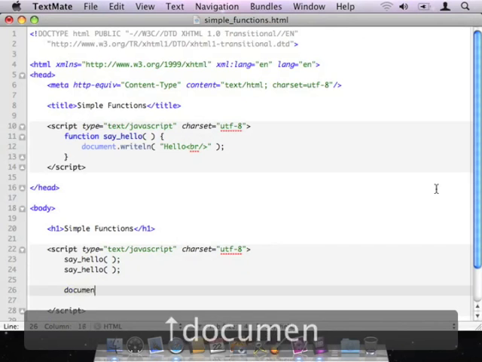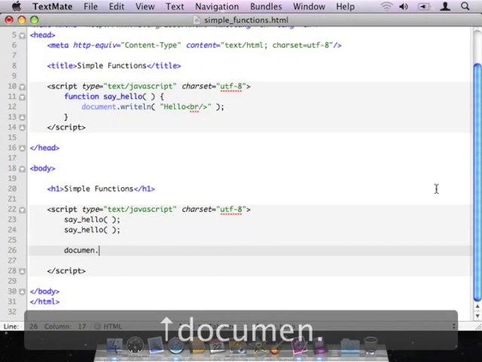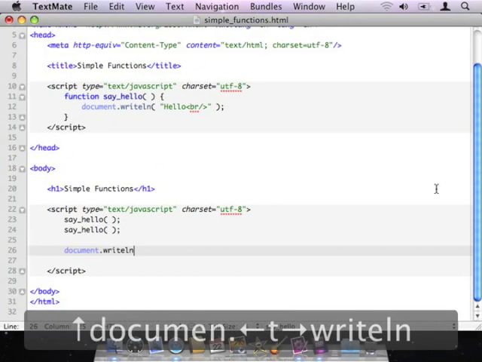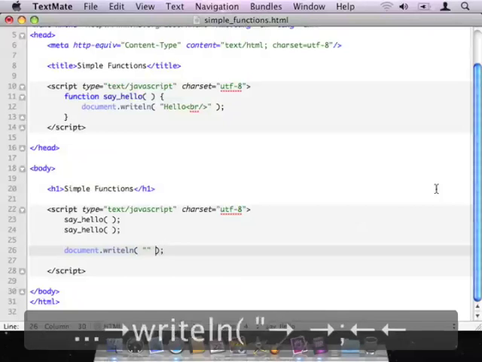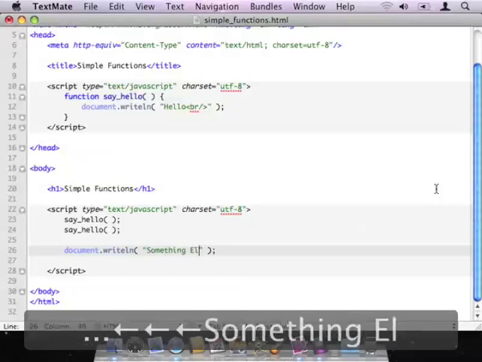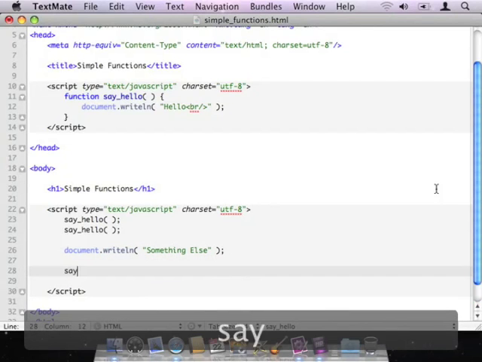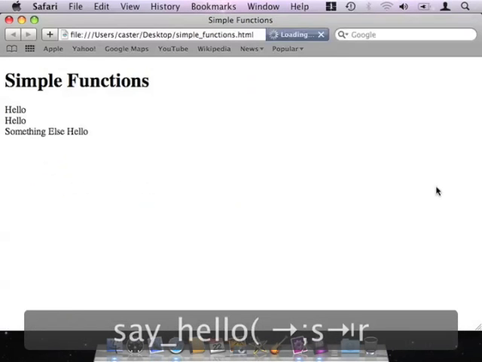So down here in the body, I actually put in a document.writeLine, and I said something else, and then I called sayHello again. Can't seem to spell hello today. When I pull that up in the browser, I get hello, hello, something else, and then hello again